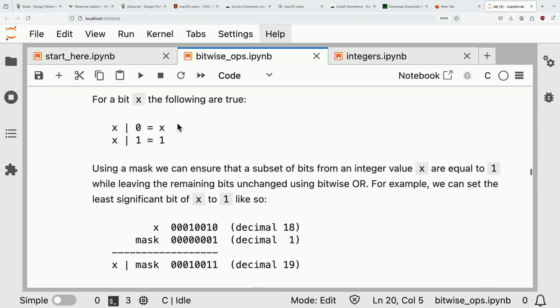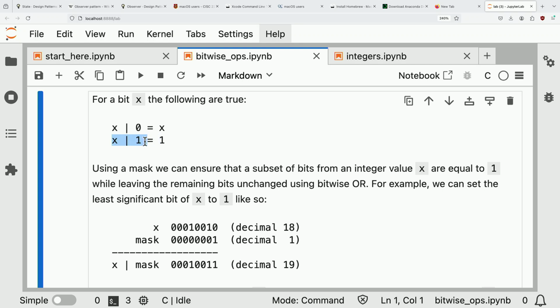Okay, so just like with the AND operator, there is an identity here involving the OR operator. So x OR 1 is always 1. Any value OR true is always true. x OR 0 is always equal to x. So if x is 0, false or false is false. If x is 1, true or false is equal to true. And so again, you can apply a mask, but this time you can use the OR operator instead of using AND. So using a mask, you can ensure that a subset of bits from an integer value x are equal to,